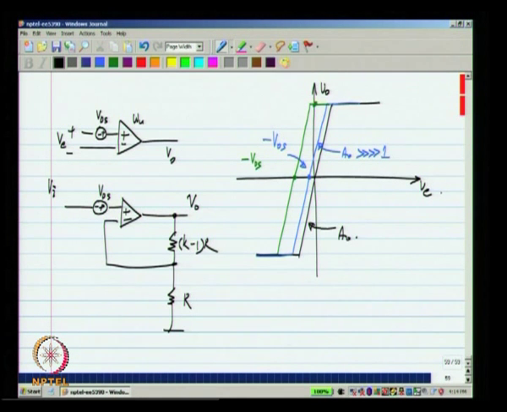So, if I apply V i, I have to find out what V o is, and for simplicity in this case I will assume that the DC gain is infinite, that is, this op amp acts like an ideal integrator with a unity gain frequency omega u. Okay. So, that means that when it reaches steady state, these two voltages, the plus and minus inputs of the op amp shown here, are identical to each other. Okay.